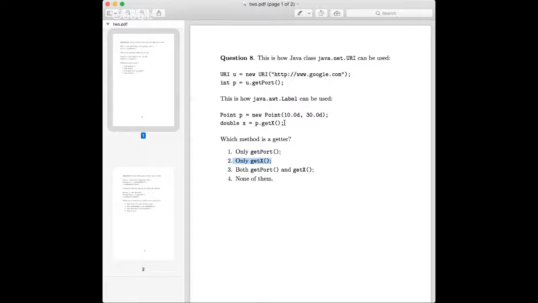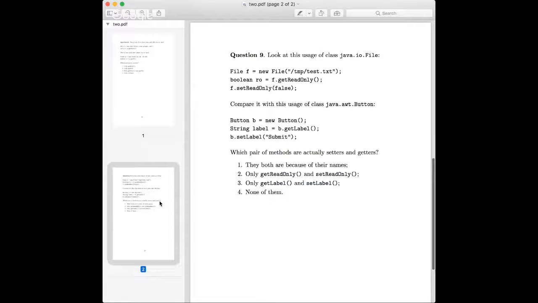It's a kind of thin line between what's happening. But what's important is that it's really bad for an object to expose a state, and it's really good to expose a behavior. And that's a big difference. Let's take a look at another question, the second one, again from the same book, question number 9.